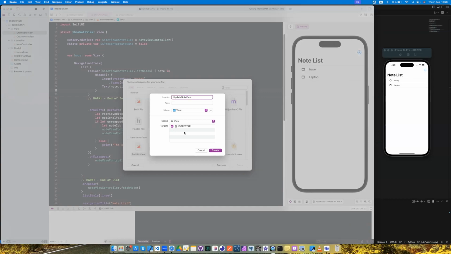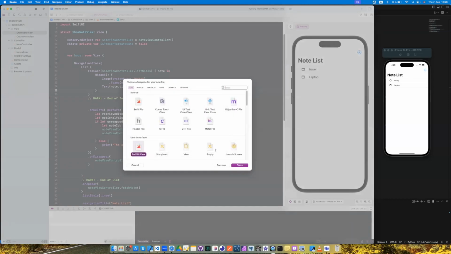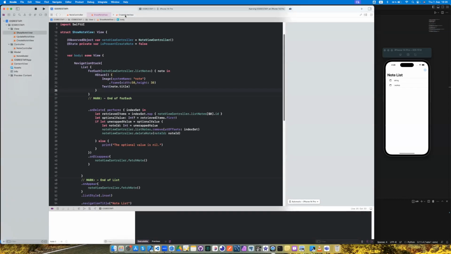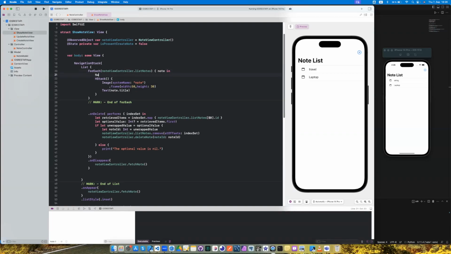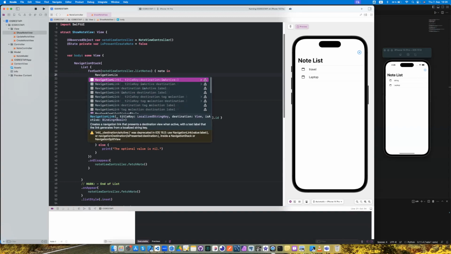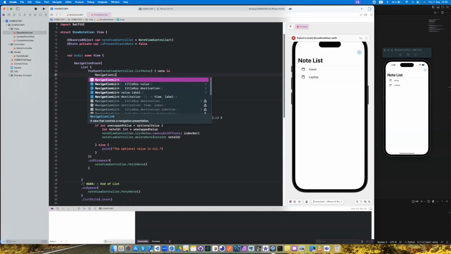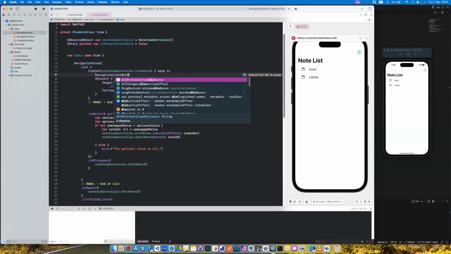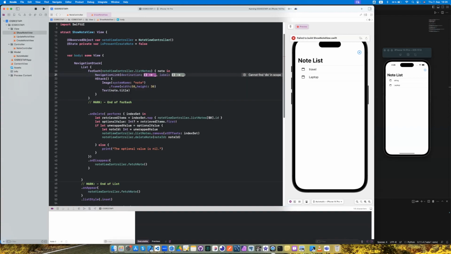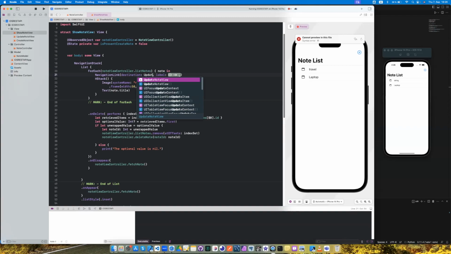I forgot to type this view. Okay, and close that as well, and show again. And coming back here to, for example, here, I declare navigation link. There is this destination. Destination should be update view,